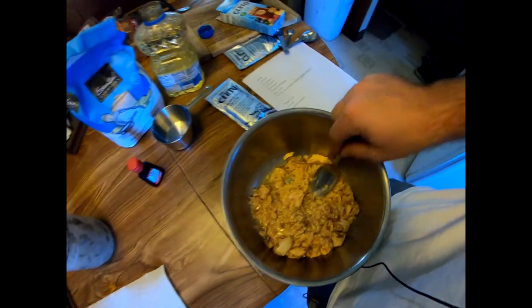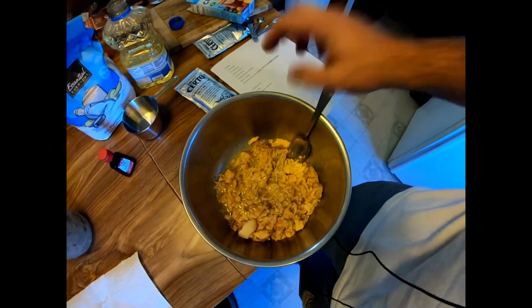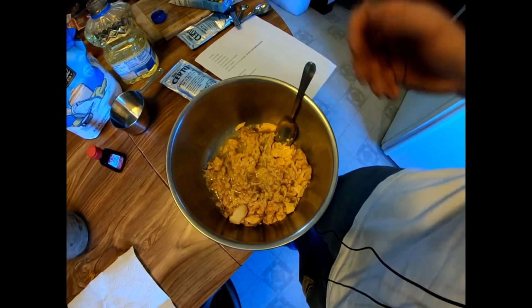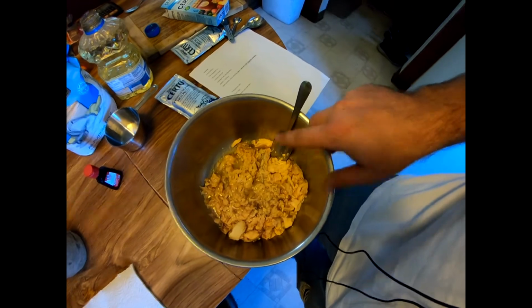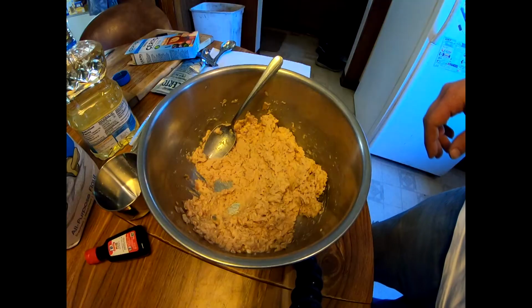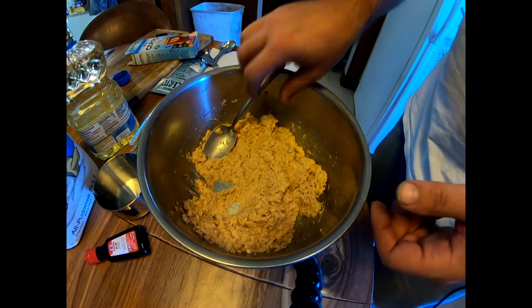All right, so you can see what I got now. It's all kind of lumpy. Like I said, I'm going to shut you guys off and I'm going to mash this. It's going to take me a few minutes, and it's nice to have both hands. So I'm going to mash all this up, and then I'll turn you guys on before I add any of the other ingredients. Alright guys, so I've been going probably like 2 minutes, and honestly it hasn't been all that long,